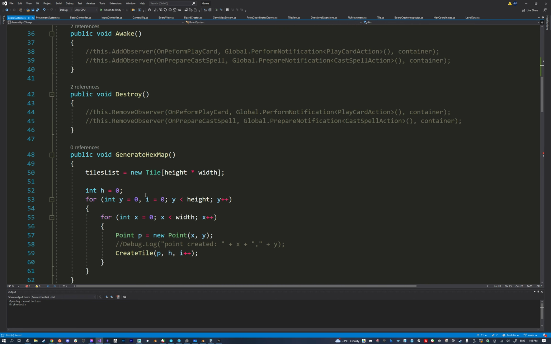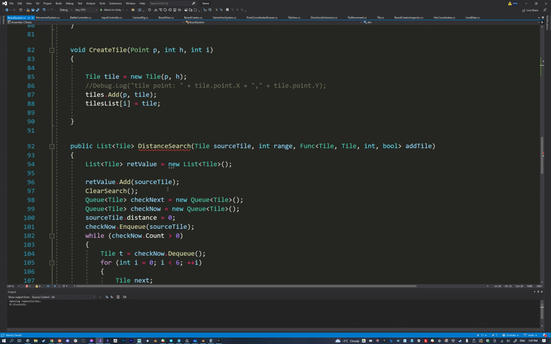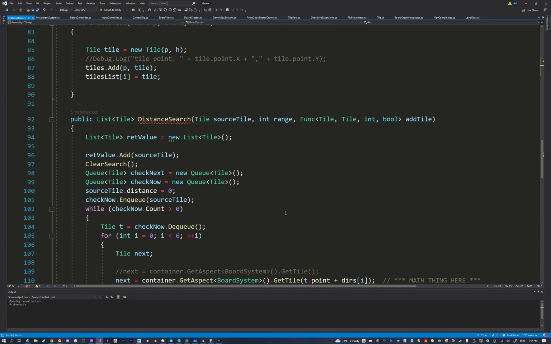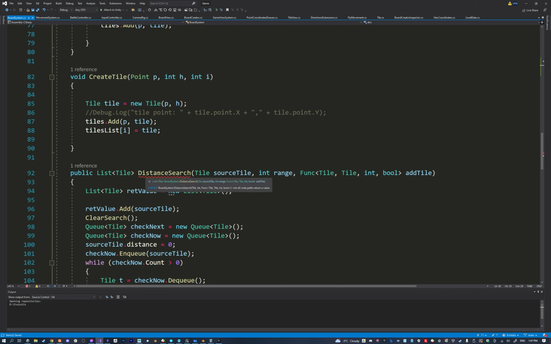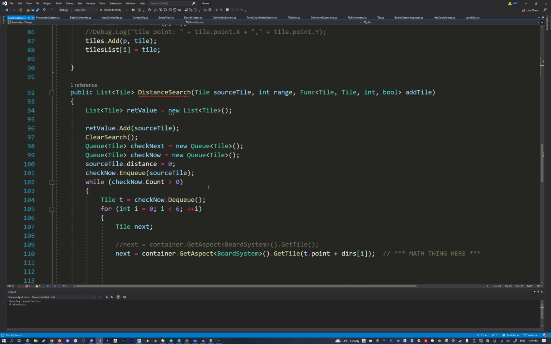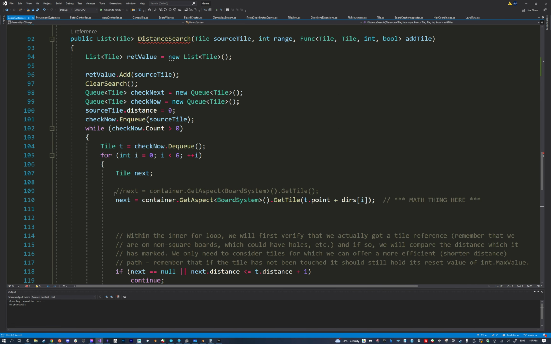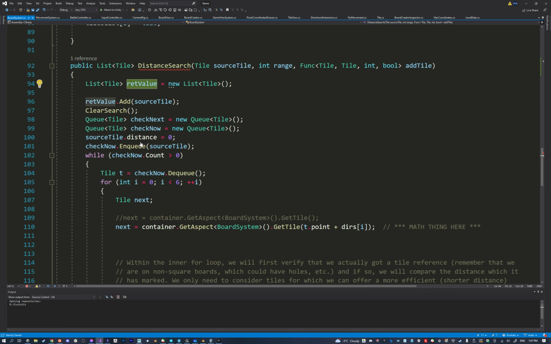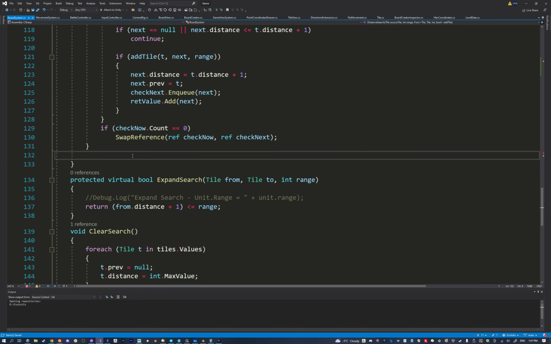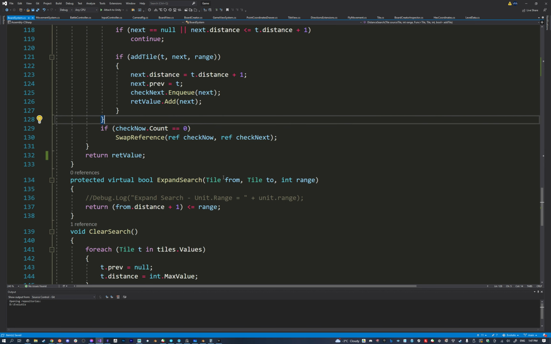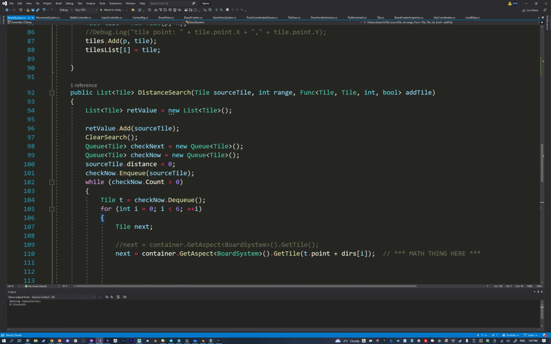Now let's go ahead and go down here. So now it's not complaining about this, but what is this complaining about? Board system.distance search tile and not all code paths return a value. Oh. Right, so when this is done, go ahead and return value. There we go. So I just moved the distance search functionality into the board system, which anything could talk to,